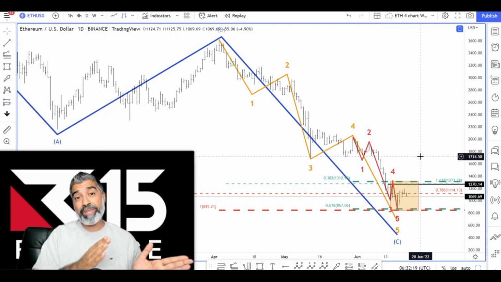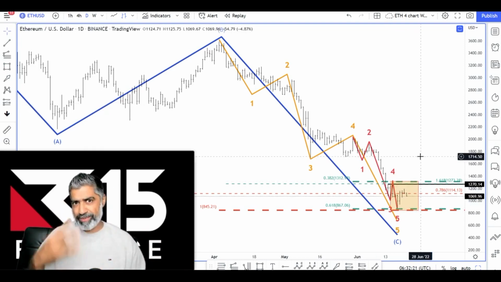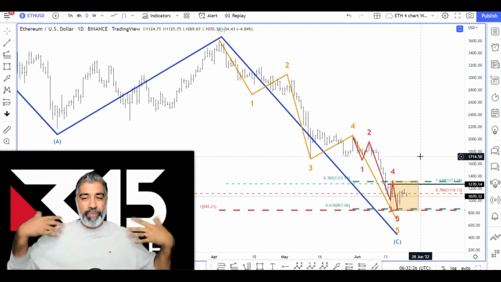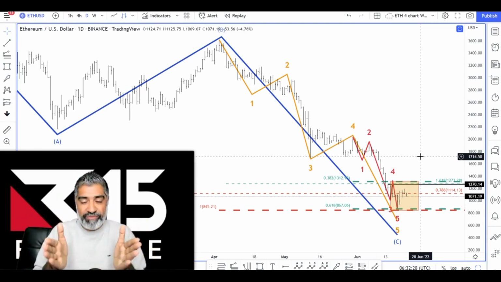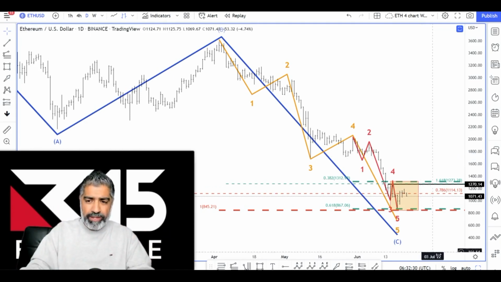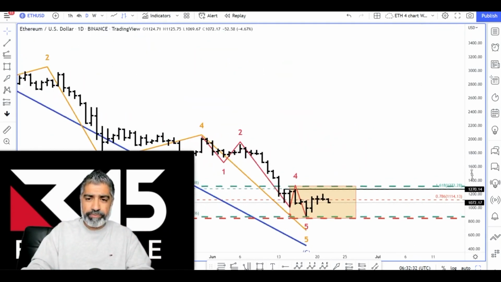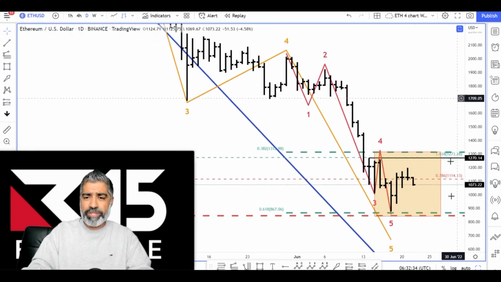Well, we can. We can drop down to a sub-micro degree count now. To be honest, you only really need 2 degrees of counts, so it's a bit of overkill. But it can be really relevant when we're looking at getting a tight entry point. So now we're just going to zoom into the red.